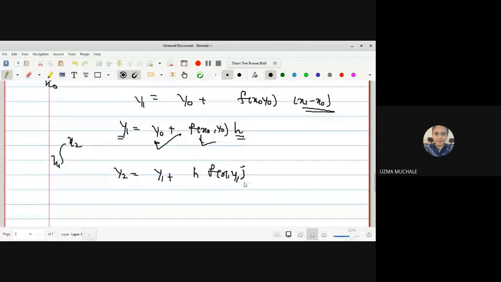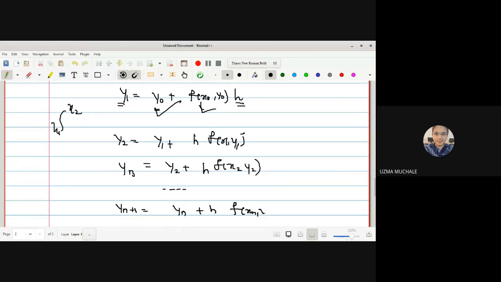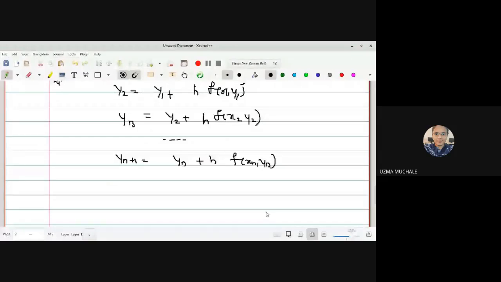At least now you can remember, in the differential equation we have done this by using the approximation method. So in this way if you continue, we can calculate the value of y3 with the help of y2 plus h into f of x2 y2. So continuing in this way we have yn plus 1 is equal to yn plus h into f of xn yn, or in another way we can write yn is equal to yn minus 1 plus h into f of xn minus 1 yn minus 1. Okay, this is the Euler formula, and no doubt it is not a correct method.